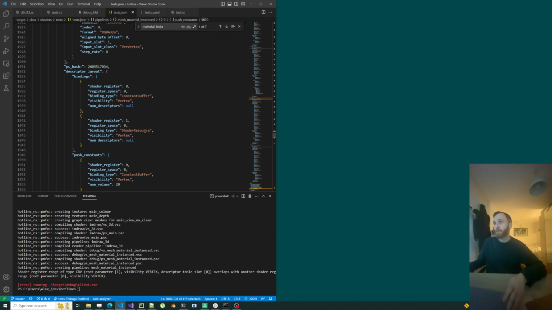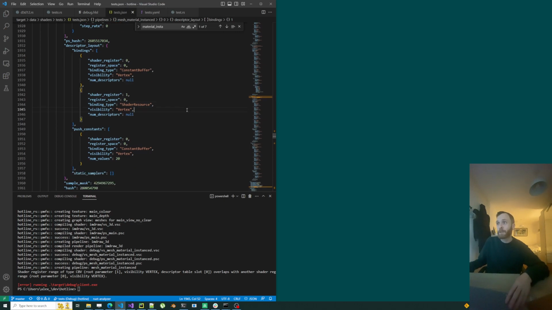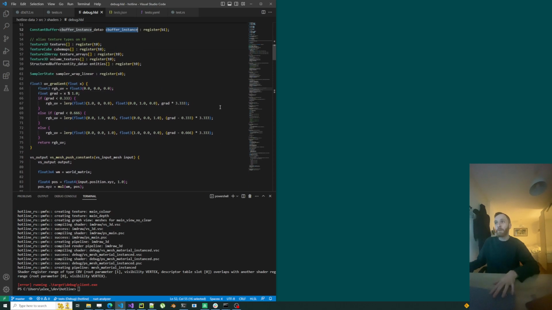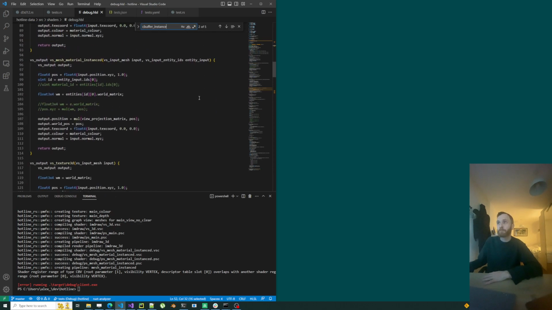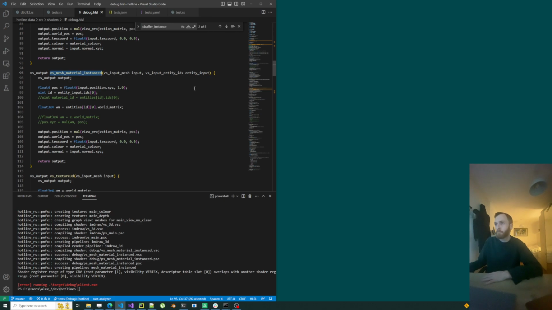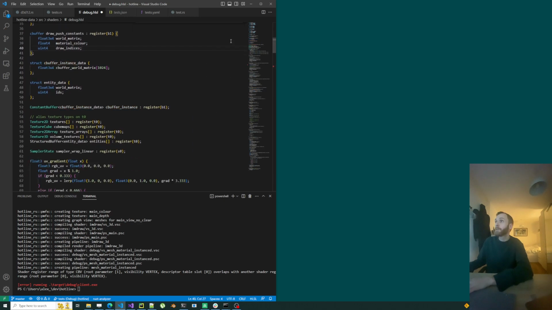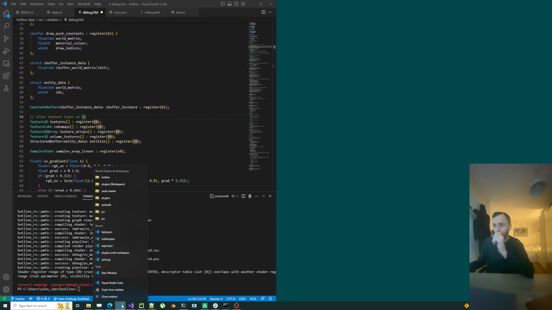We have a shader register of 1 for the shader resource. Non-descriptors. So there's constant buffer and shader register. We should be using the cbuffer instance, you see, in the VS mesh material instanced. So what it could be thinking is maybe the type of